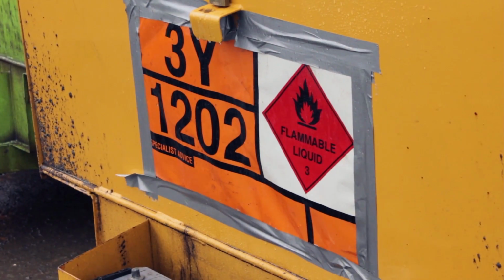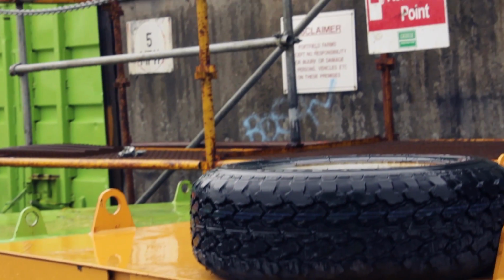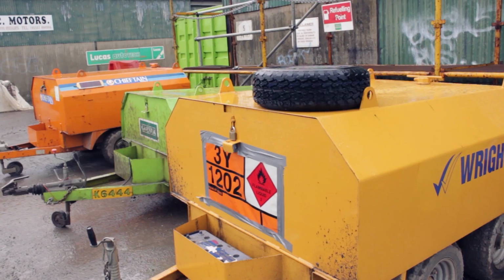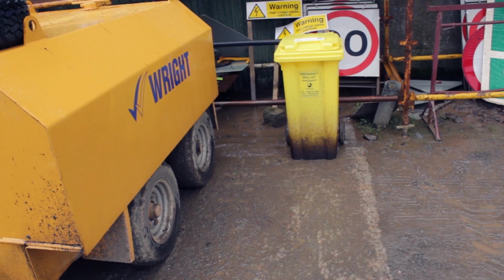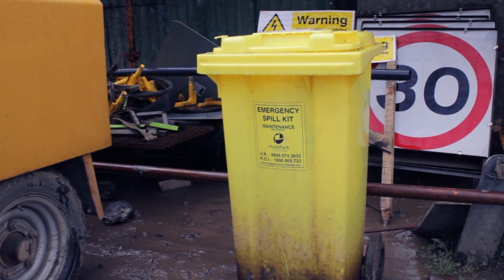public sight. We have a designated refuelling area within the compound, so that consists of a hard stand, and our actual fuel tanks are integrally bunded bowsers, which means that the external tank is capable of containing 110% of the inner tank. We also have spill kits located adjacent to the refuelling area. We've a specific team trained in refuelling, so there's only a certain amount of people that are permitted to refuel on site, and those people would have undergone the training and also would be trained in use of the spill